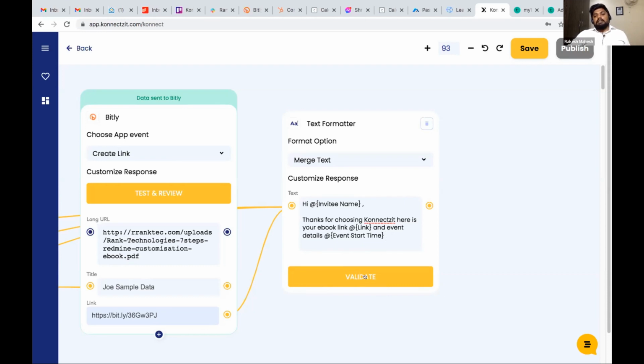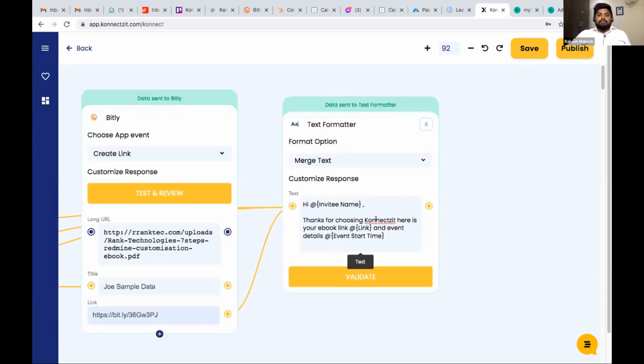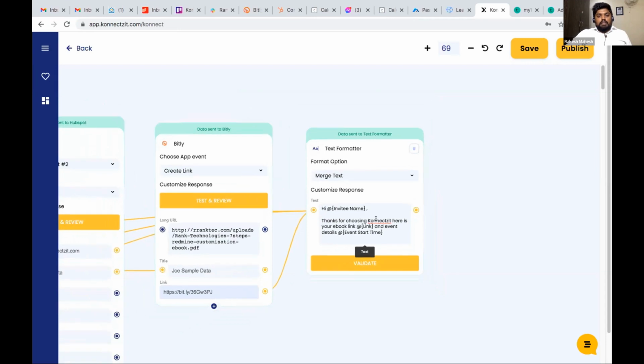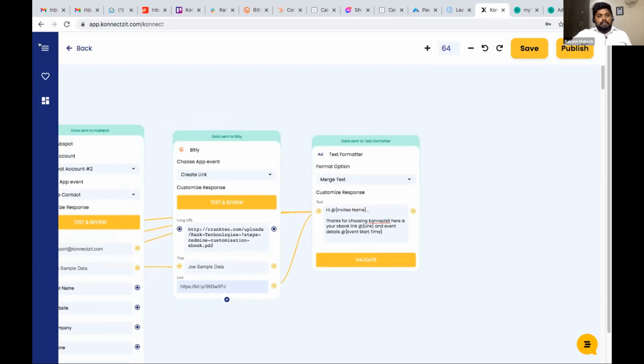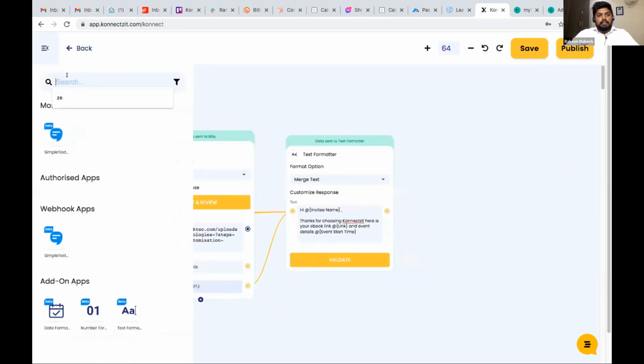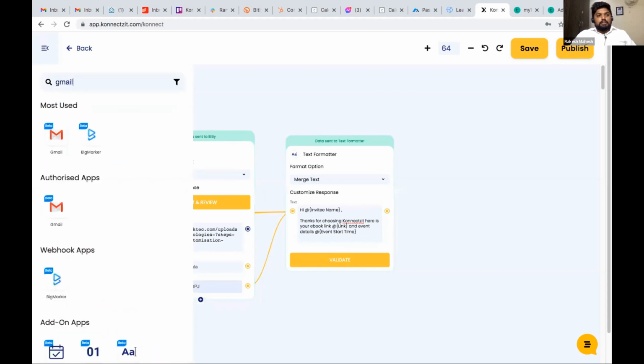This will validate my formatter, which confirms that I'm receiving the data from all the apps. Now I use a notifier like Gmail to send an email to a user.